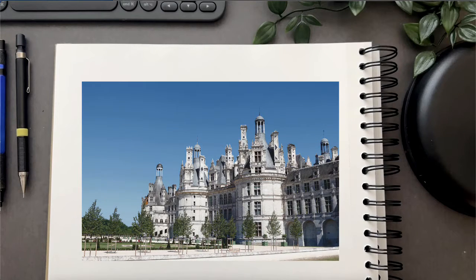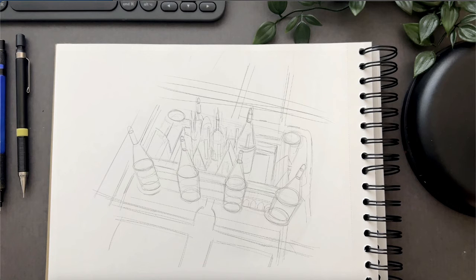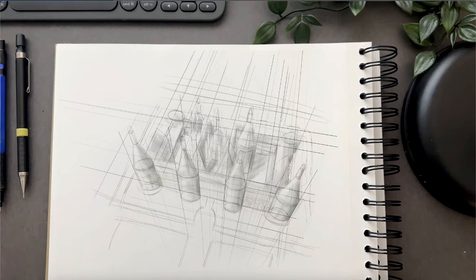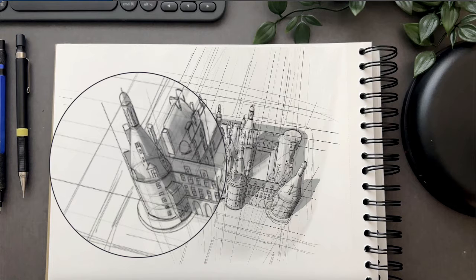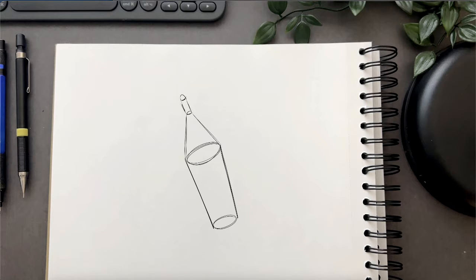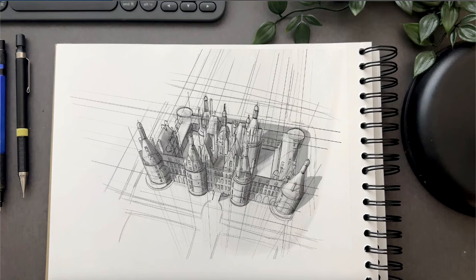When I look at this picture, if I want to simplify this complex building, I need to divide this into smaller geometrical shapes like this. If I want to give the dramatic angle I gave before, I need to do the exact same thing, but by increasing the foreshortening. Notice that the circle at the end is smaller than the one facing us. If my building was taller than this one, this would probably look like this.